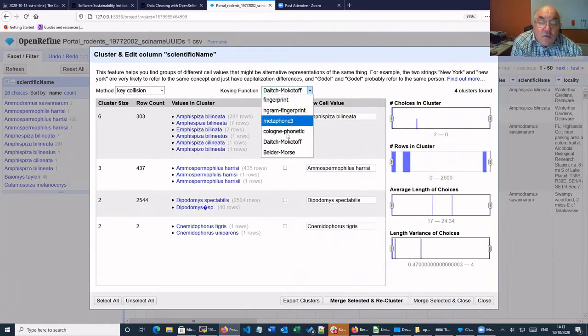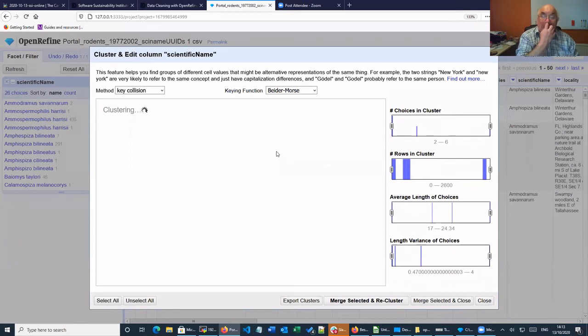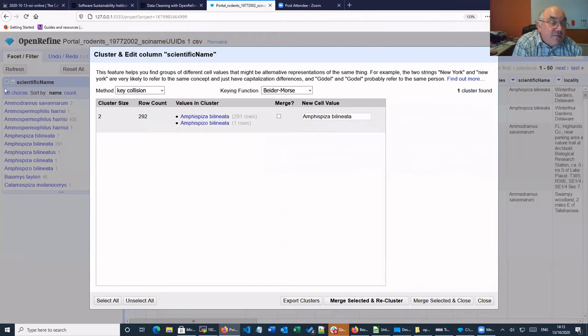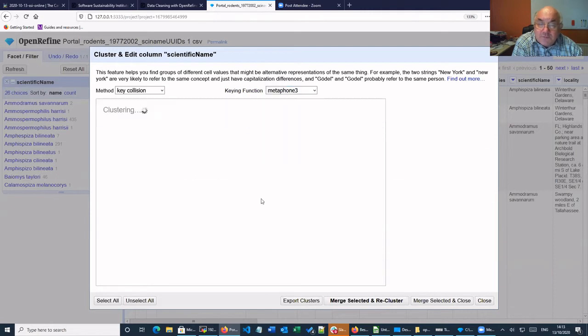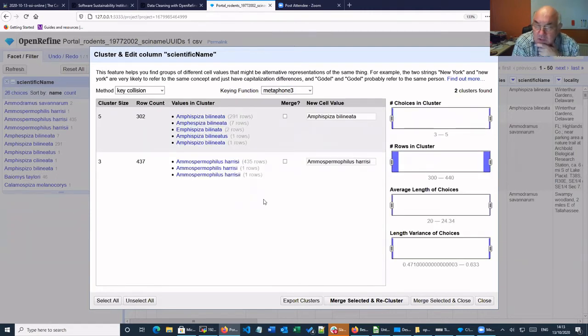Okay. Now, what all these different approaches are trying to do is look at all of these different values of scientific name and try to say, are they meant to be the same or not? So going back to this one here, which is the one I think the notes suggest we try and look at, what we can see is it found 2 clusters. And what it is sort of suggesting to you is, perhaps these are in fact typos